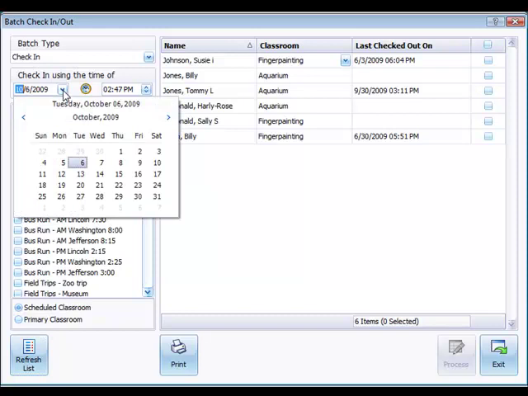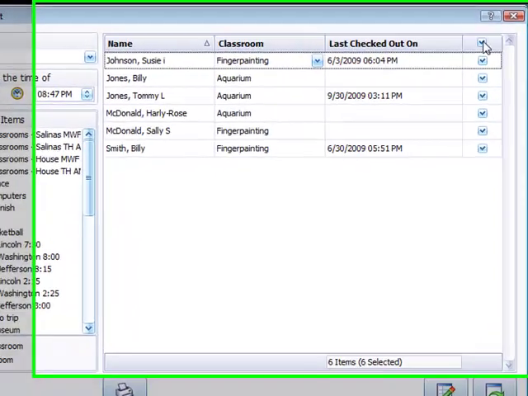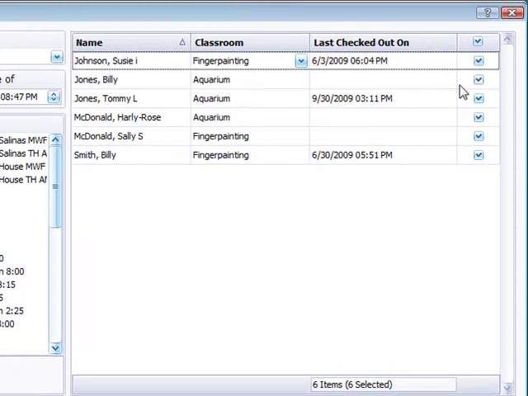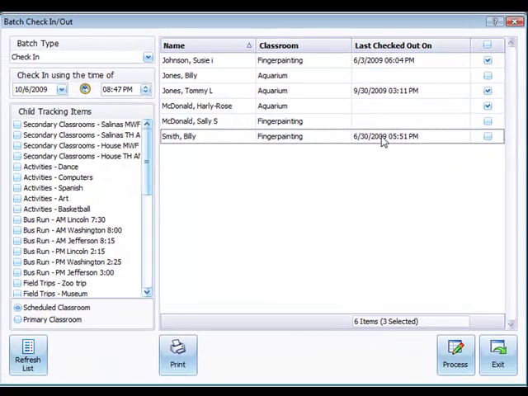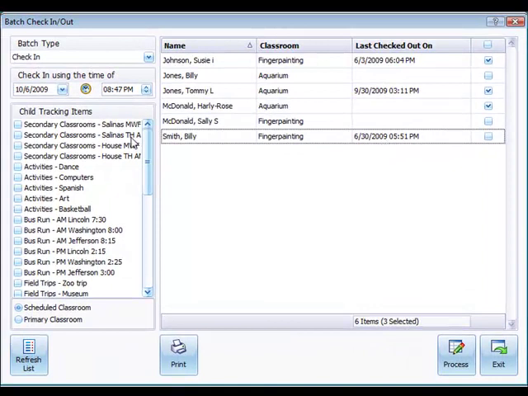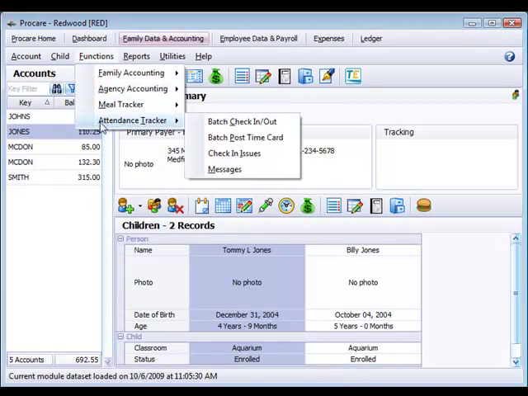Also at the top you'll say which date you're using and what time of day you would like to check the child in or out. So you just set those functions, and then on the right make the selections for the children you'd like to include in this function. You might want to exclude a few of them, maybe they're not there that day, and then just click Process at the bottom and it will post those times in for you. I'm going to go ahead and exit without processing